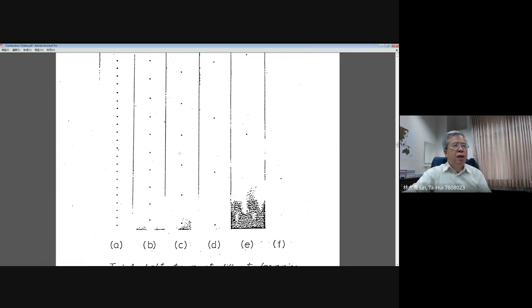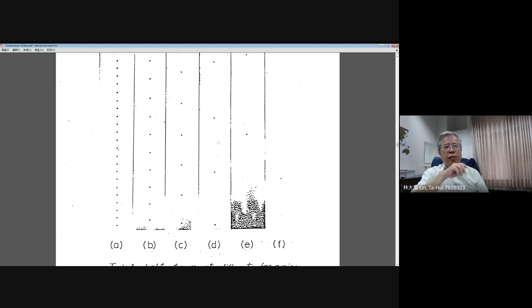By those frequency variations, you can discuss the influence of droplet separation, because this separation distance is a key factor for